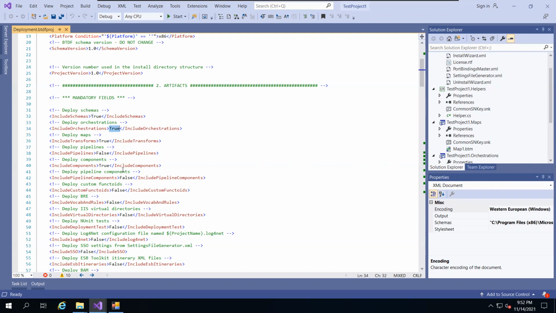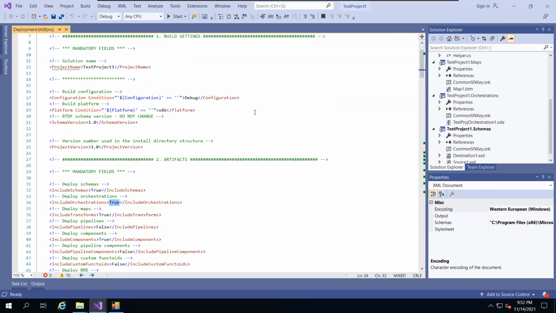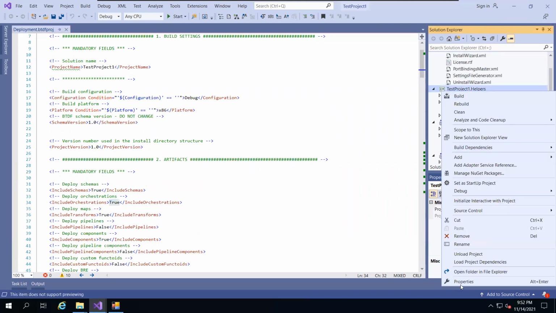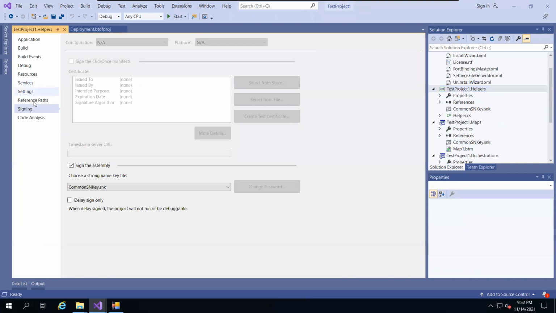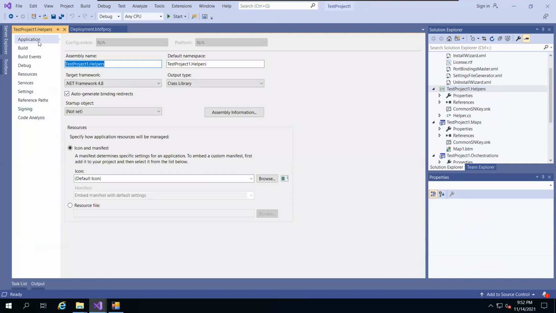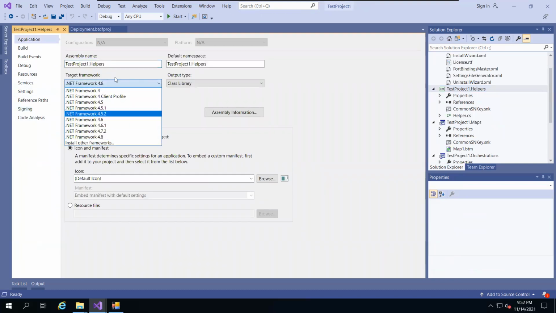Otherwise, just think about a scenario where you have to do it manually. In that case, you will have to go and figure out whether there are schemas or not, and then populate these values. So this is something which is populated automatically as well, right? So this is your migrated project. And also, I was talking about the .NET framework, right? So let's go ahead and explore that. If you individually had to come and update the .NET framework version, that also would be a very tedious task. I hope you understand.